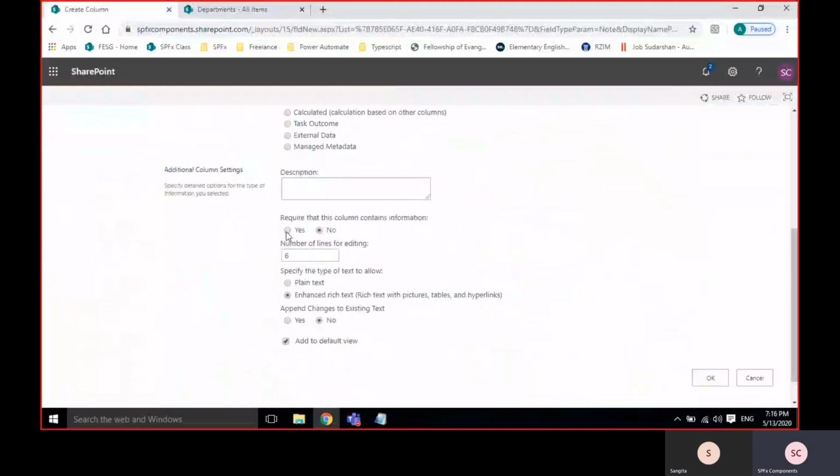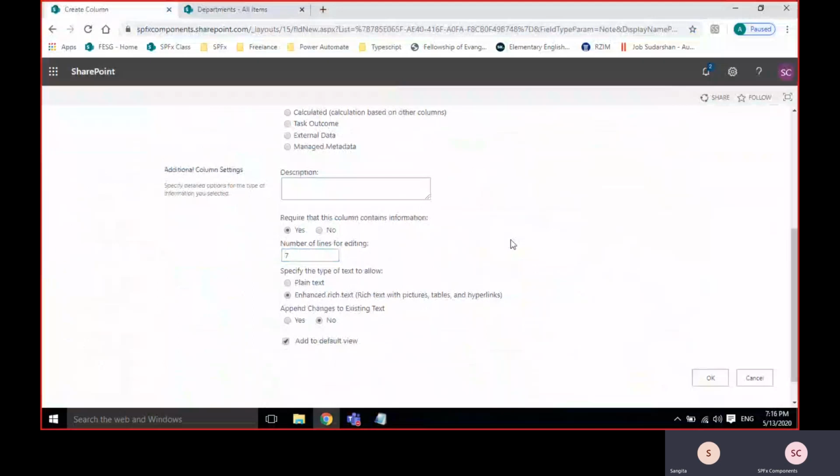You can give required and number of lines. That means you can set the maximum lines; by default it is 6. If you want, you can increase it to 7 also.